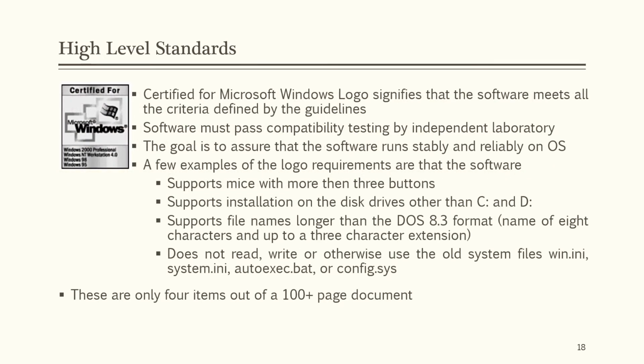Here is another example of high-level standards. The Certified for Windows logo signifies that the software meets all the criteria defined by the guidelines. Software must pass compatibility testing by an independent laboratory. The goal is to ensure that the software runs stably and reliably on the operating system. A few examples of the logo requirements are that the software supports mice with more than 3 buttons, supports installation on disk drives other than C and D, supports file names longer than DOS 8.3 format,